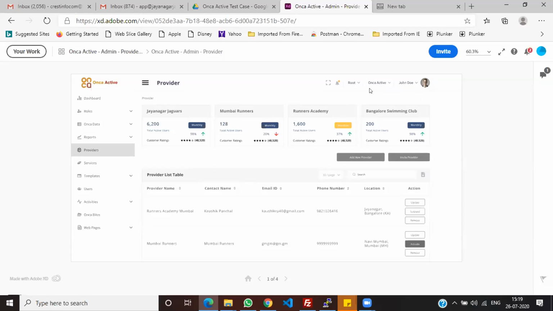Okay, but I am coming on the Jayanagar account, so he comes with jjs@jayanagarjaguar.com. Automatically it will change to which one? Jayanagar Jaguar. बट वो तो सिर्फ डिस्प्ले के लिए हुआ ना, सिर्फ डिस्प्ले के लिए है। अच्छा हाँ, वही पूछ रहे थे कि इसमें ड्रॉप डाउन आएगा, इसमें OnCa एक्टिव भी आएगा, जयनगर जगुआर भी आएगा, अगर सेम ईमेल आईडी से ये तीनों कॉन्फ़िगर होंगे। अगर नहीं है तो फिर एक ही आएगा। हाँ ओके फाइन, समझा।